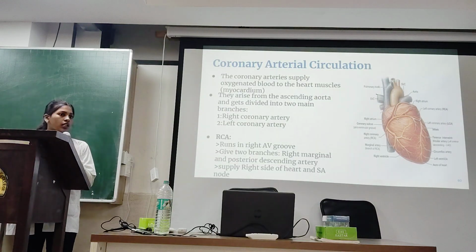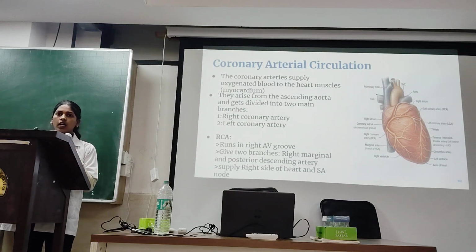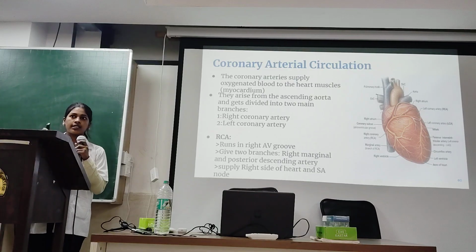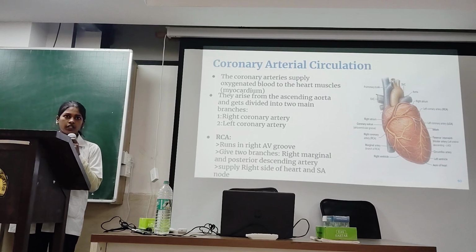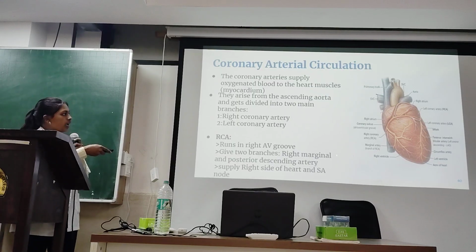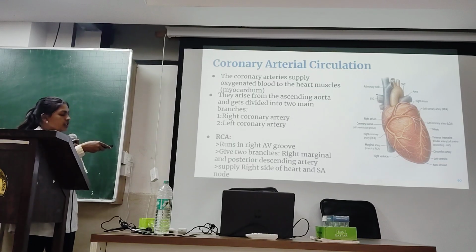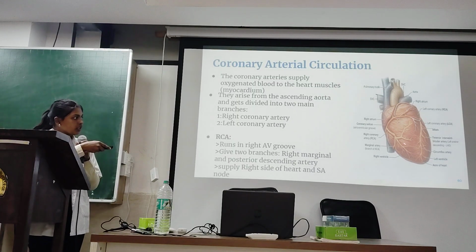So the coronary arterial circulation starts from the aorta. Our aorta has this aortic sinus, which is also known as the sinus of Valsalva. The sinus of Valsalva is divided into the right coronary artery and the left coronary artery. As you can see here, the right coronary artery runs into the atrioventricular groove and divides into the marginal artery